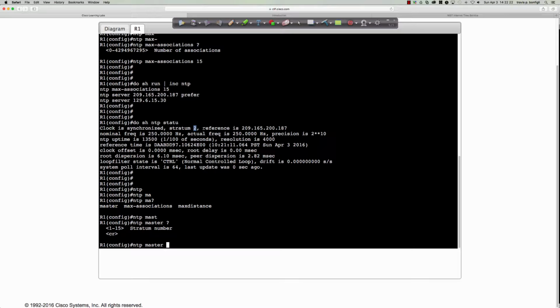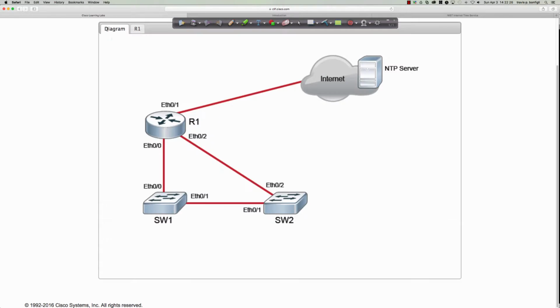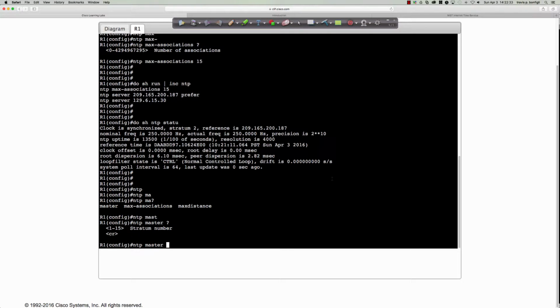You can see who our reference is. Well, it's that IP address that we put in at the beginning, which is the IP address for the NTP server that's out here. So we've taken a look, we've seen that we are synchronized. And so now let's step down here to step number 3 and 4,